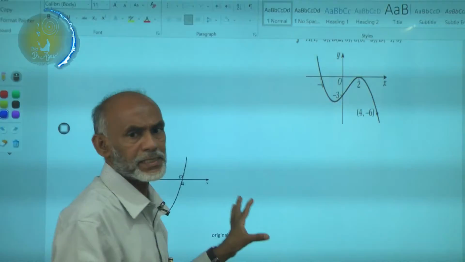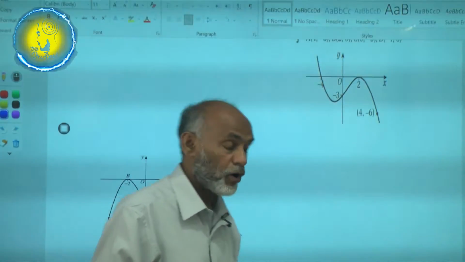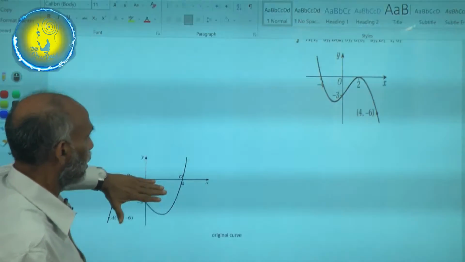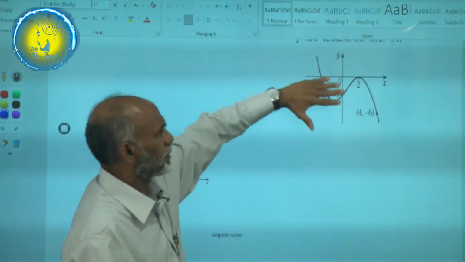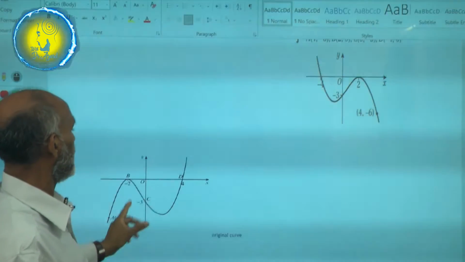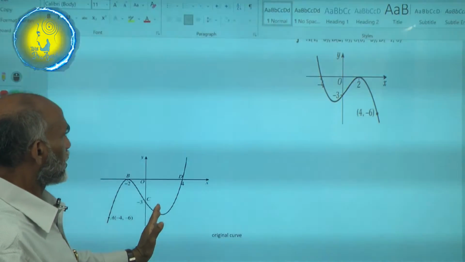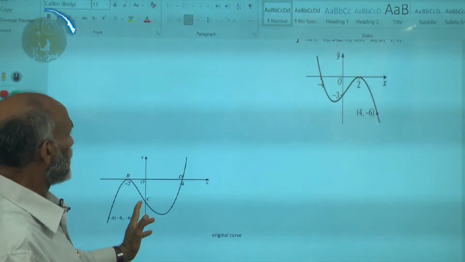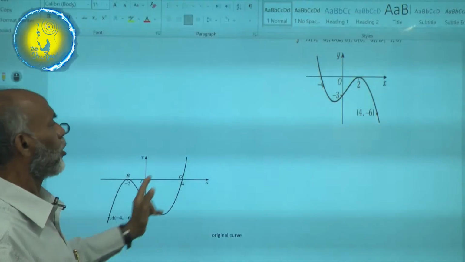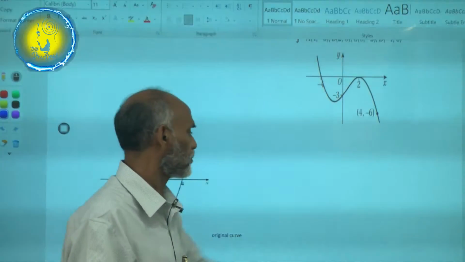Only one transformation is happening, only we are multiplying with a -1. Only inside we are multiplying with a -1. What happens, the whole curve is rotated through the x-axis. Therefore, you can say the y-axis is same, and -3 is still constant. It's only a rotation. If you multiply with a -1, it's only a rotation.